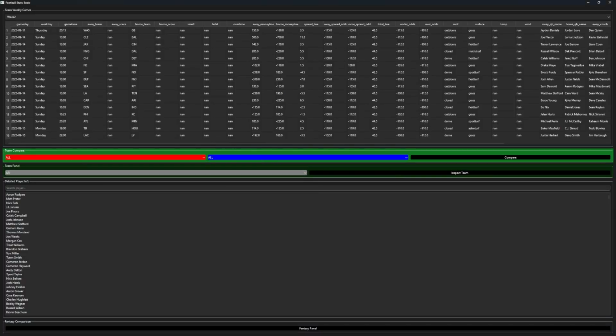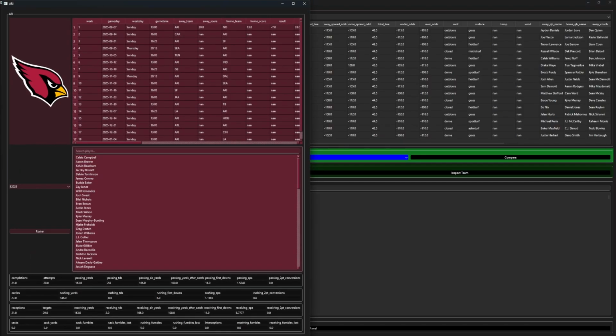I've been working on the panels a little bit just to look at them, try to change them, but I didn't get very far, so you'll notice that this is a little smaller and concise. This does include 2025 now, as well as the schedule up here. If there's any teams that you want to let me know or want to look at specifically, let me know in the comments. But otherwise, this panel is going to be worked on more.